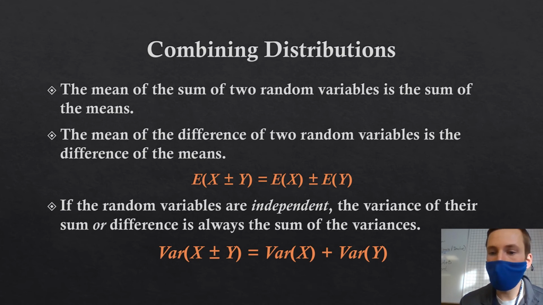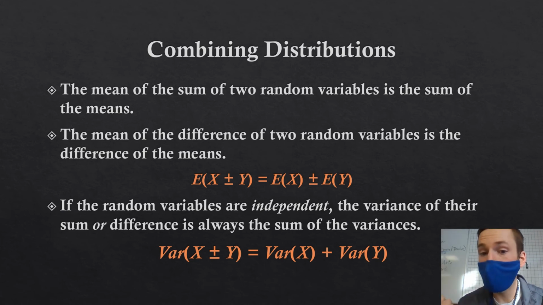And our last thing here, oftentimes when it comes to distributions, we actually want to combine distributions. So if you're familiar with anything in marketing where you're talking about profit, profit is equal to your revenue minus your expenses. So if we have a distribution for revenue, we have a distribution for expenses, then we could subtract those two from one another, and that would give us our profit distribution, which might be really useful. Okay, so if we are adding or subtracting two distributions together, or combining them in some way, adding or subtracting,